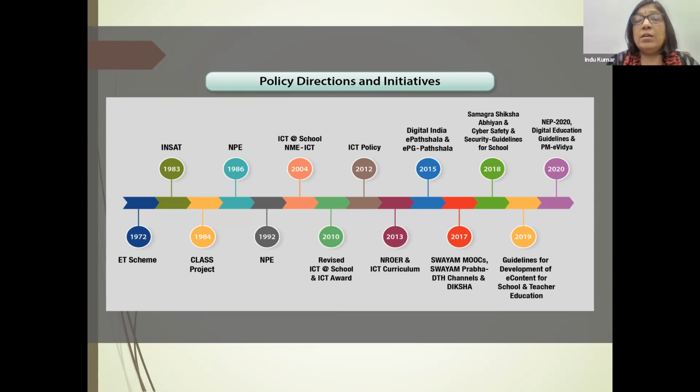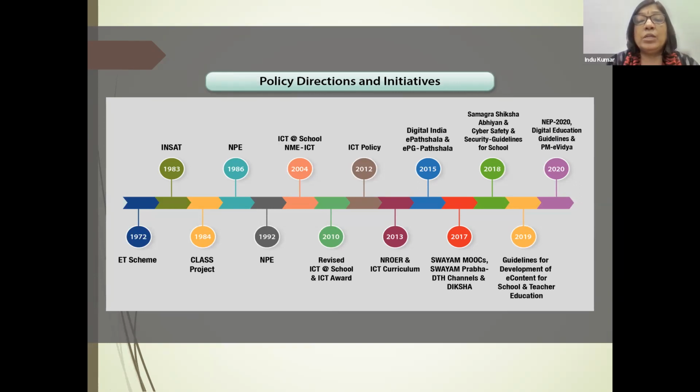And digital education guidelines have already been developed, and the PM eVidya initiative was launched across the country. We all are party to it. CIET NCERT has launched 12 DTH channels under PM eVidya, and Diksha is also an initiative on this government policy.